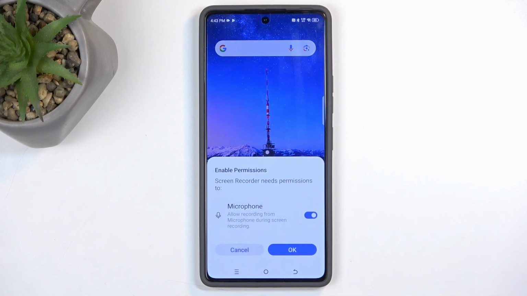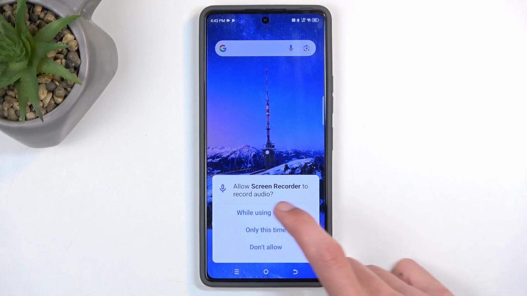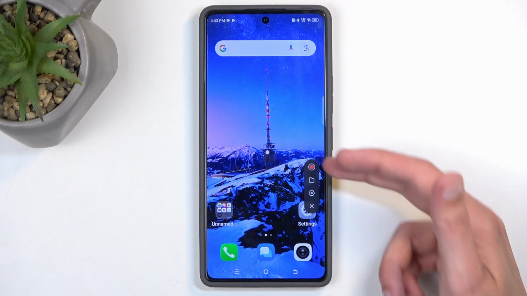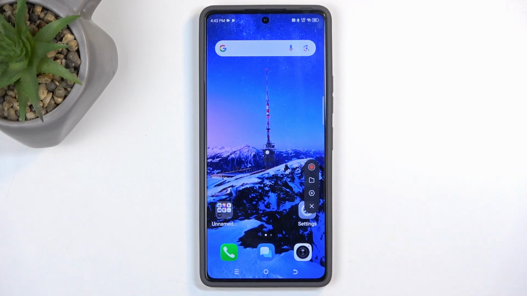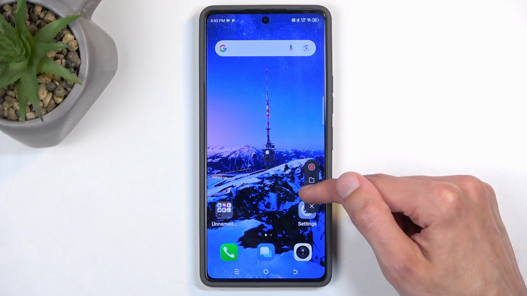It will ask for permission to microphone, as it does allow us to record sounds to microphone. And I'm gonna select while using the app, and this brings up the side panel right here. Now, to begin recording, you'll want to click on the red circle, and you can also, before that, go into